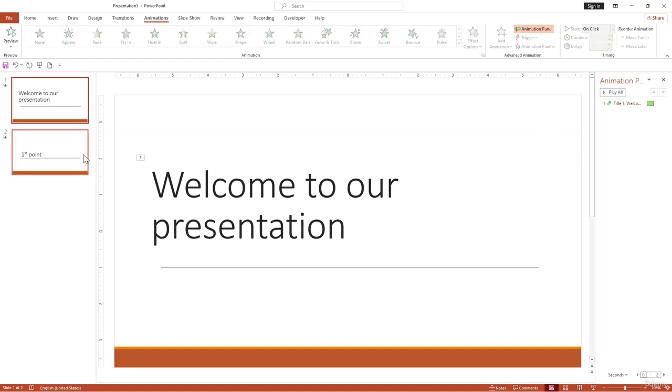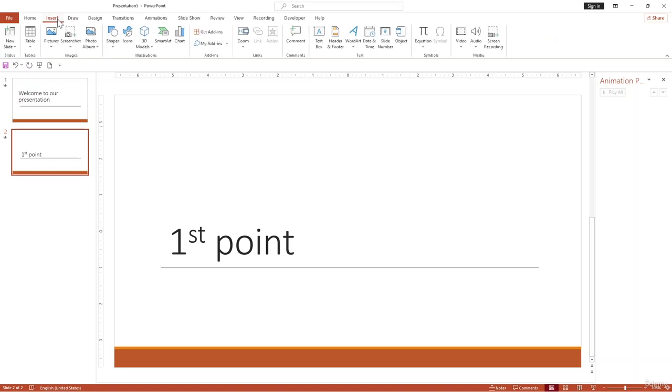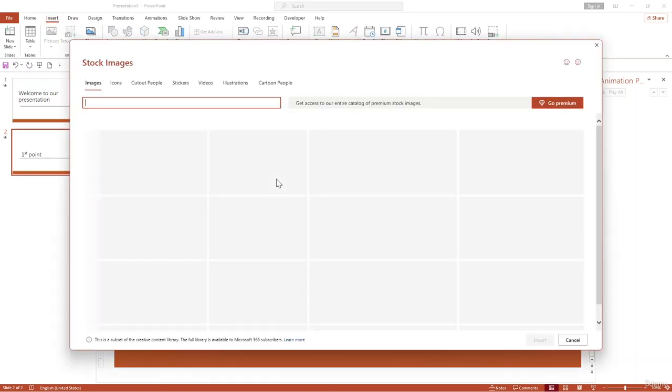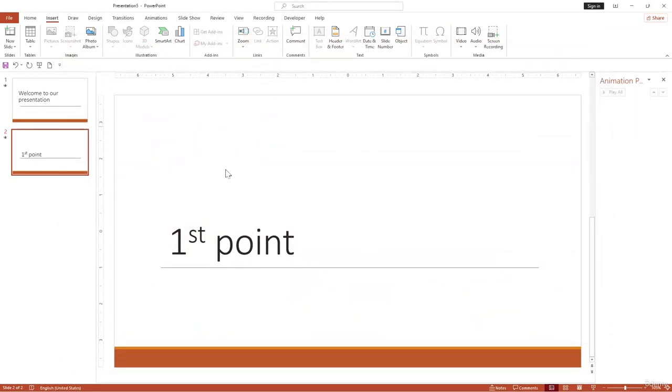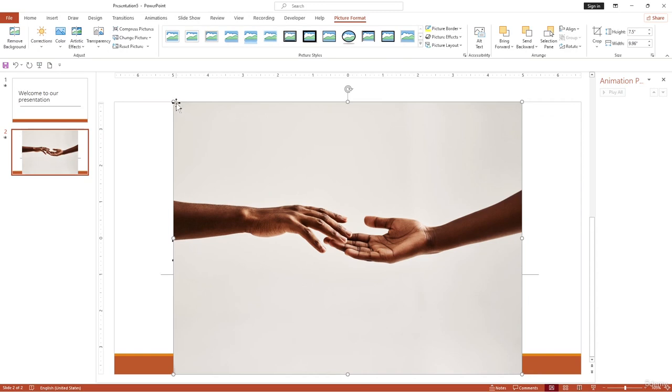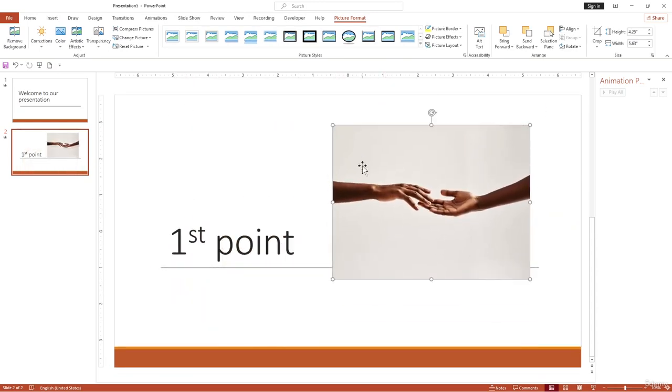So now that we have set up our animations, you can also easily add different animations to objects. Before that I want to insert a simple image from the stock images, and I want to use the one here with the hand, insert it, and now it is downloading the picture for the object in your PowerPoint. Okay, so now that we have inserted this one, now I want to animate these pictures, like